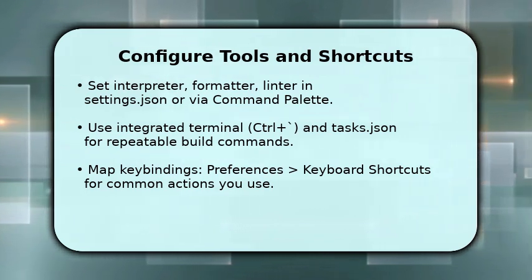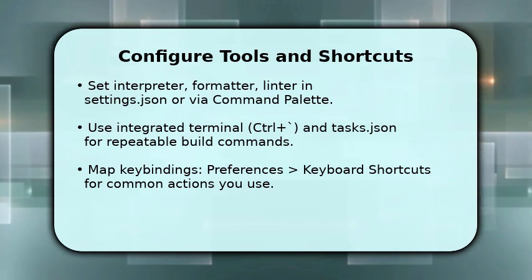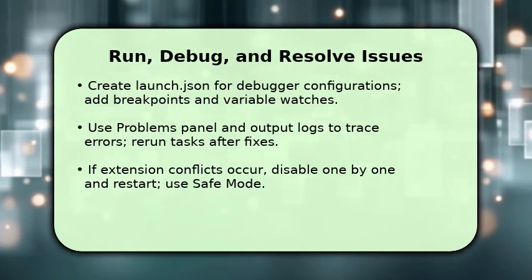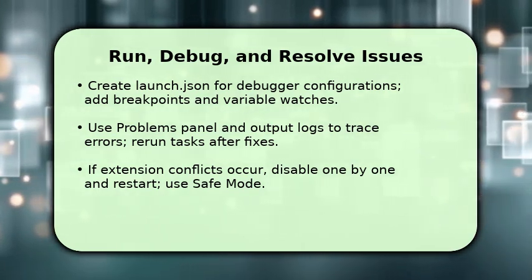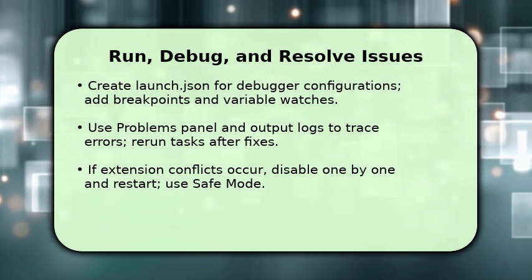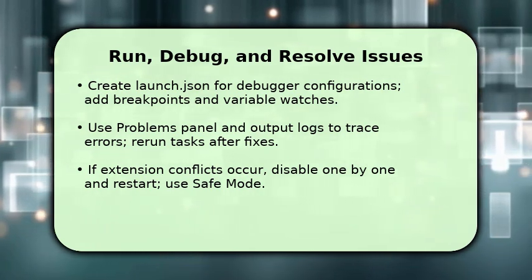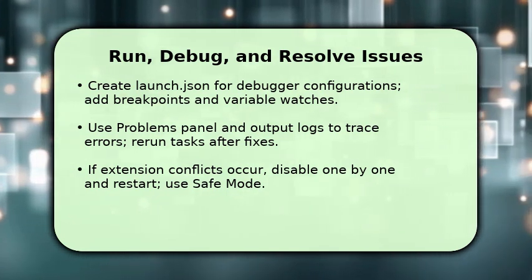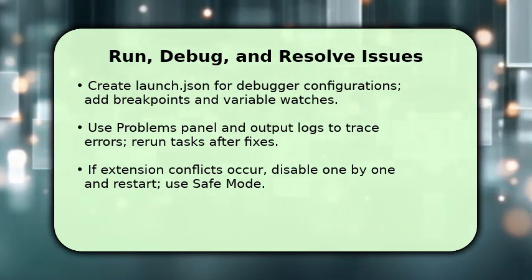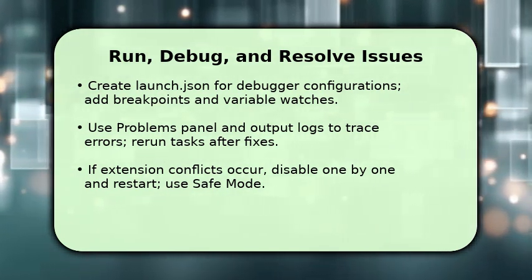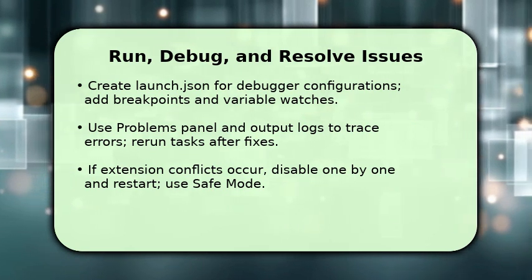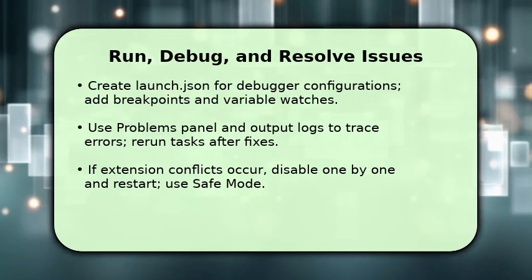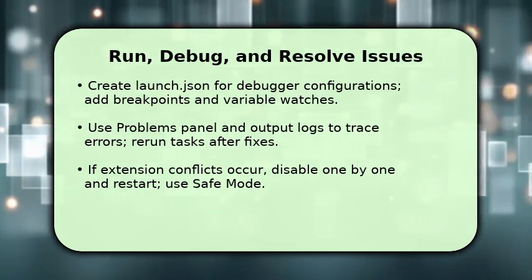Finish by running and debugging your code within VS Code to validate everything works together. Create a launch.json for debugger configurations so you can add breakpoints, step through code, and inspect variables. This clarifies runtime behavior and eliminates guesswork. When errors appear, consult the problems panel and output logs, fix the source, and rerun tasks to confirm resolution. If extensions cause instability, disable them individually and restart, or use safe mode to isolate the